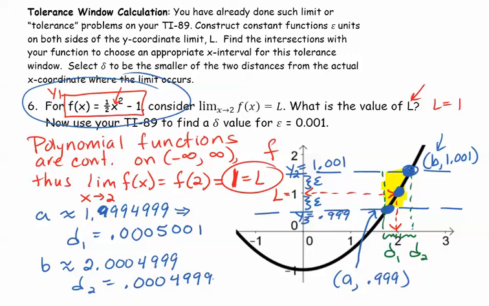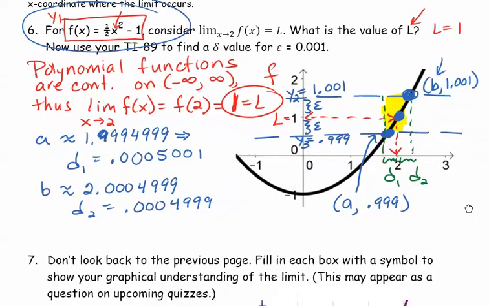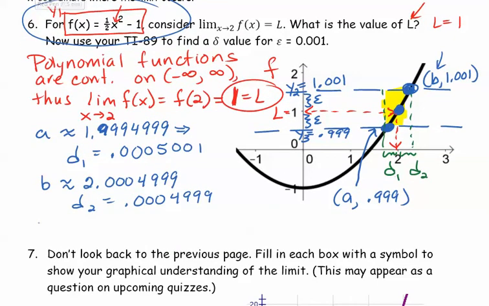So how do we choose our delta value? We want to guarantee that we stay between those horizontal lines. So the safe choice is to choose our delta value to be restricted smaller than those two values. So my conclusion then is I will choose delta to be approximately 0.004, and we might as well keep the accuracy we have here. We could be less accurate and still be okay, but we'll choose delta to be the smaller of those values